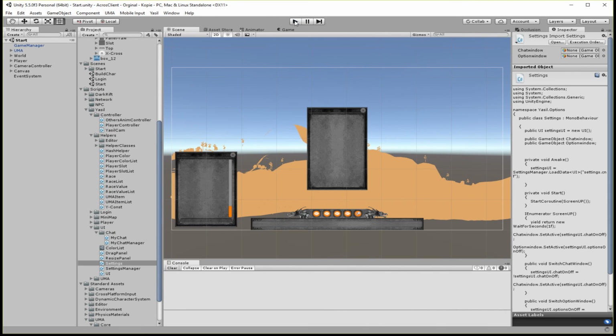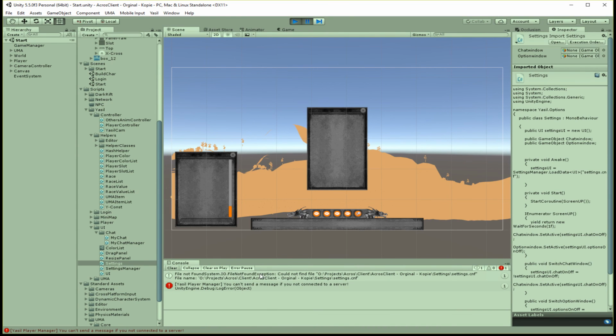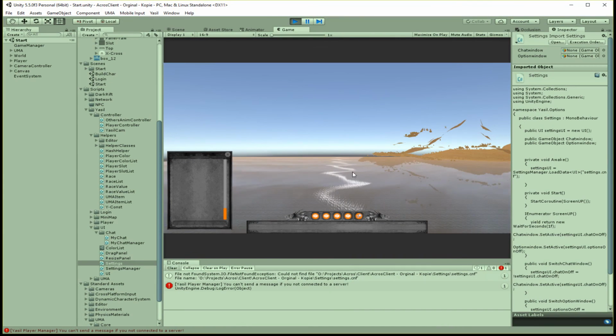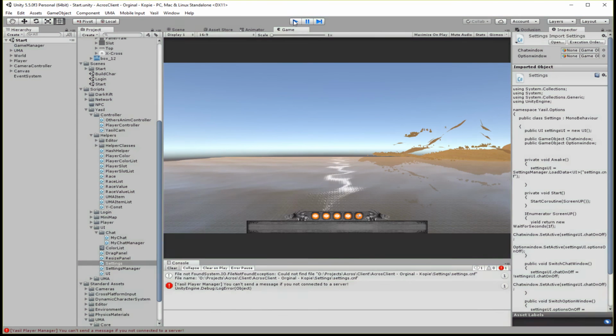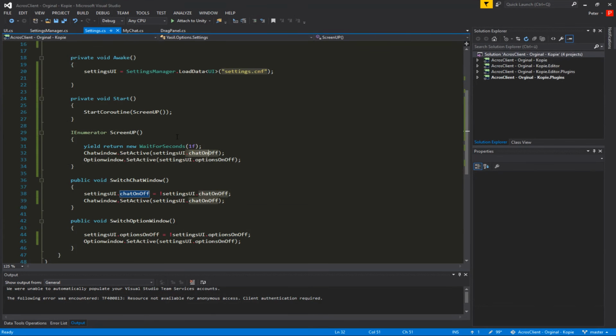So let's start that up. We get file not found. Okay, that's fine, we go here, and you see the options window is hidden. So to check that, we stop that. Okay, if we want to be sure our information is saved, we have to expand our thing here a little bit more,